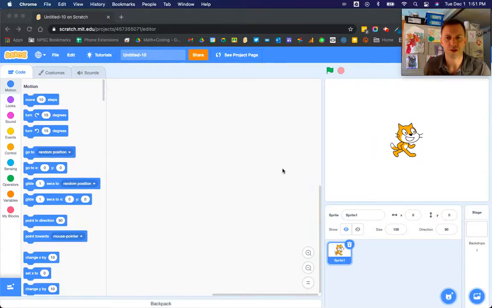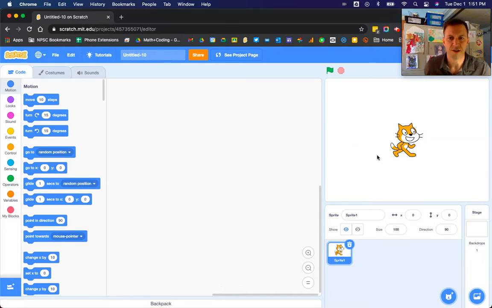Hi everyone, just a quick little tutorial on how to animate your sprite and move them with your arrow keys. So I'm just going to leave the scratch cat for today. You can feel free to choose